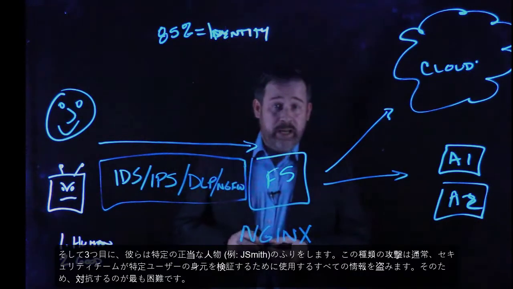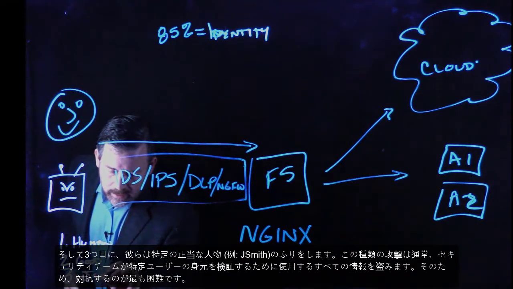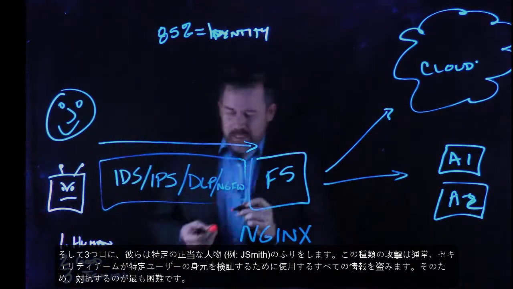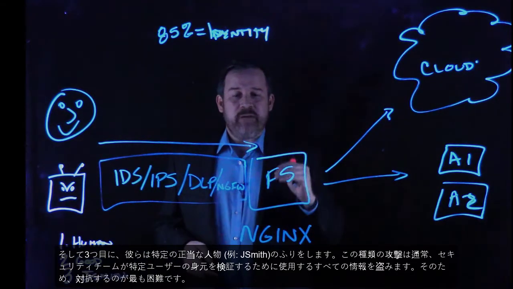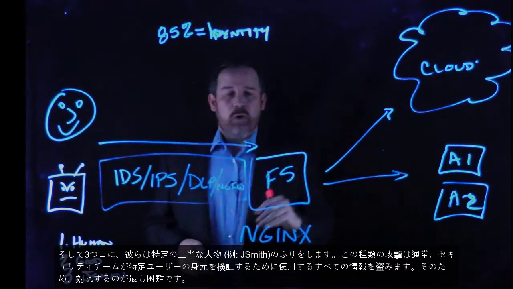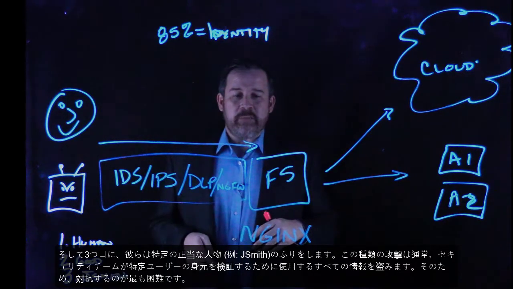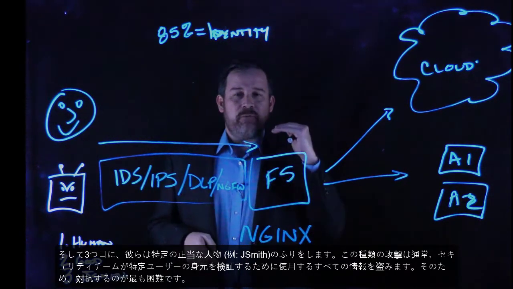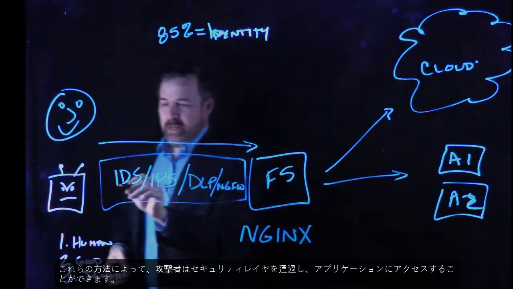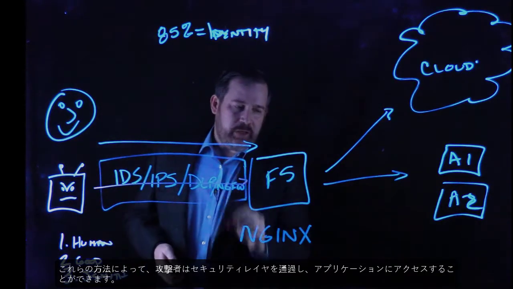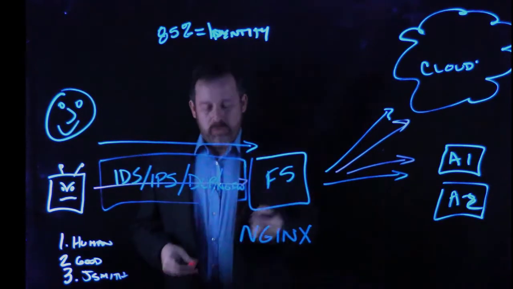Okay? The third way, this is the big way, third way they do this is they pretend to be a specific person. Okay? This type of attack is the hardest to defeat because the criminals in this category will typically have stolen all of the information from your customer that security uses to validate that user's identity. And what this does is this allows them to walk right past your security layer and right into your applications. Okay? So seeing this problem,